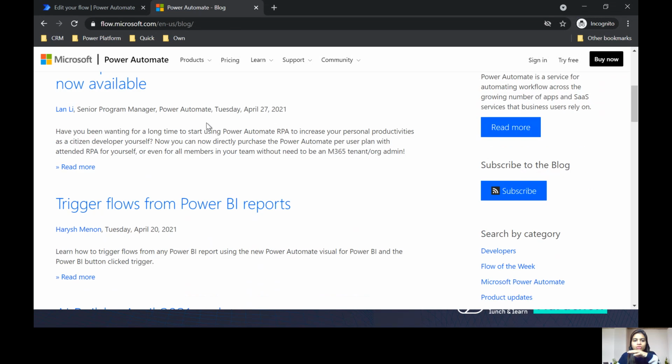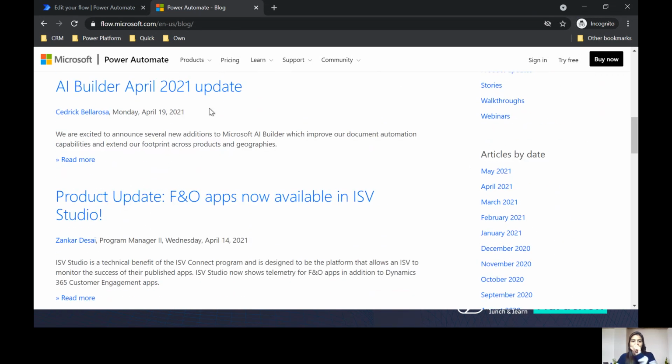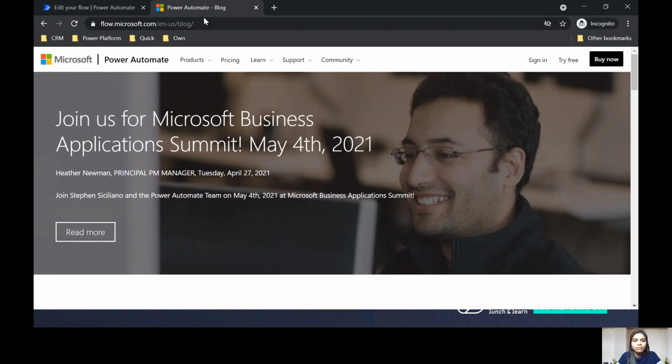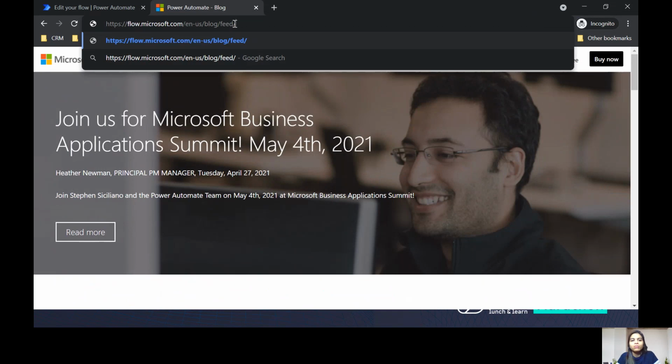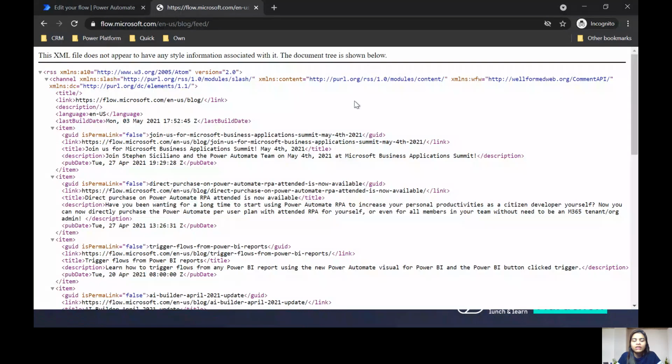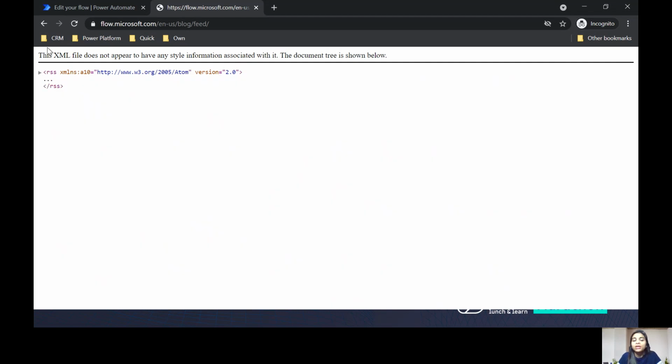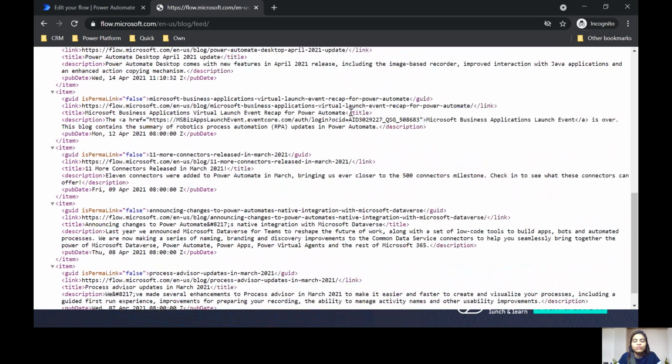If I scroll below, I can see all the blogs till date that have been published. But if I go back and add that feed again, it will convert the entire blog into the RSS. If you see this, there is an RSS on the top. This one. This is what I'm referring to. It converted the entire blog into an XML format. Okay, so I'm going to close this.